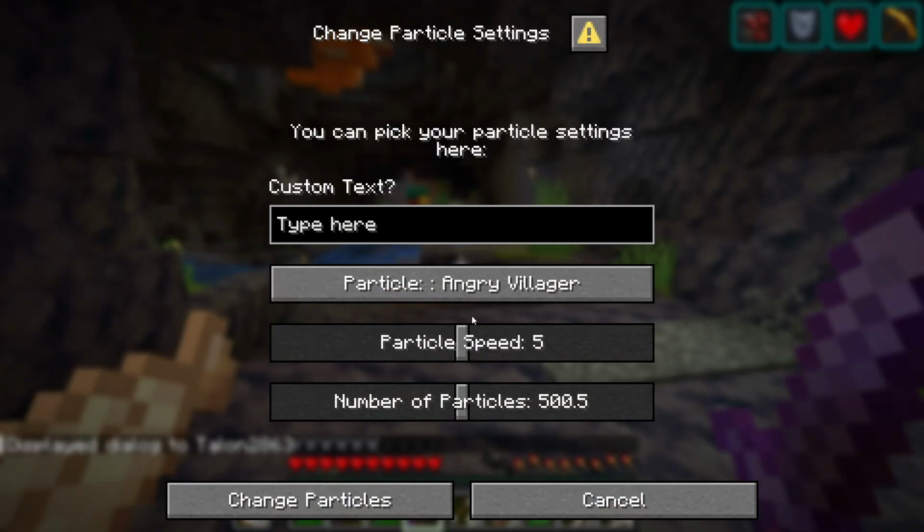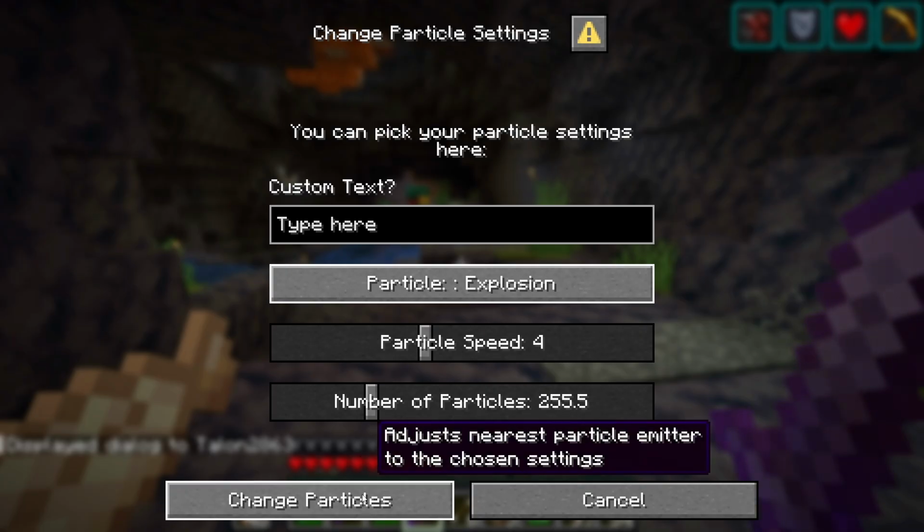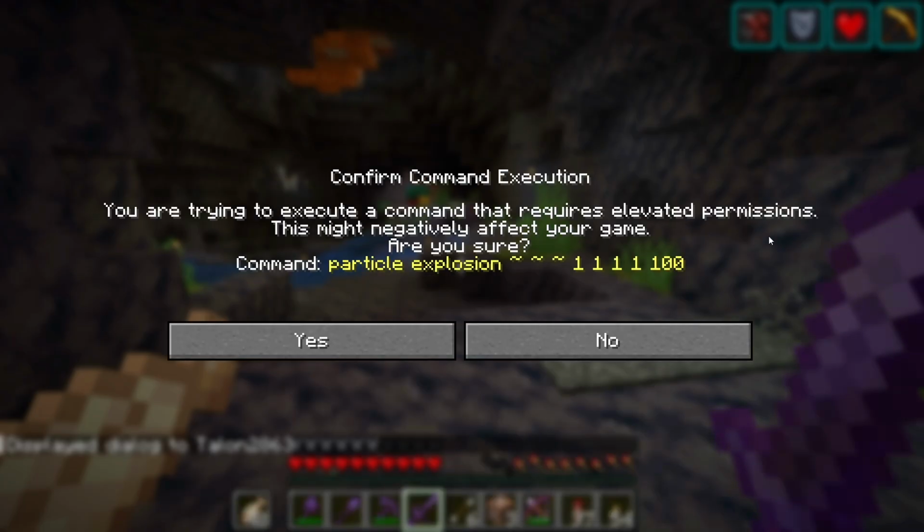It's such a mixed bag because we could modify particle speed from here. We can modify the number of particles. We can choose the particle, although we have to click through individually. And oops, I wanted explosion. Now I have to go all the way back around to get to explosion. And this isn't even there'd be 80 particles instead of 10 or however many I have. So it's a cool thing, but then, we need these elevated privileges. So I